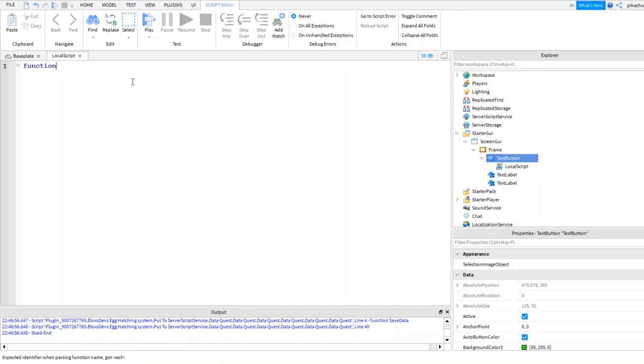We're going to create a function called clicked. It is really important to create a function so you stay organized. In the clicked function, we're going to say script.parent.visible equals false.